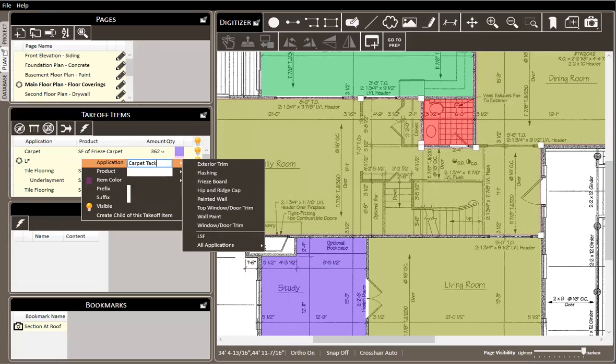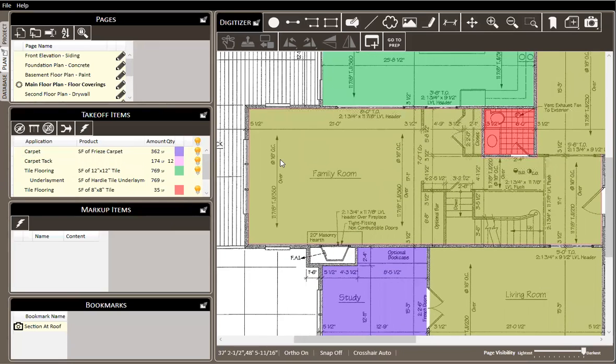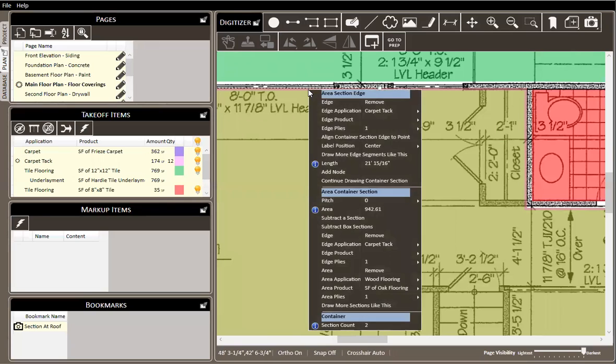I could also add a specific product, like a 4-foot length of piece, or add that to my database. But I've got my carpet tack here. Now obviously I've got other items in here as well, some other walls that would also need some carpet tack around them. So I'm going to right click on it and I can choose